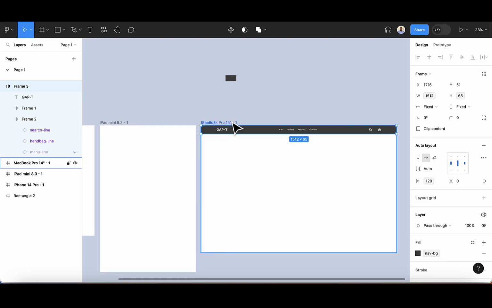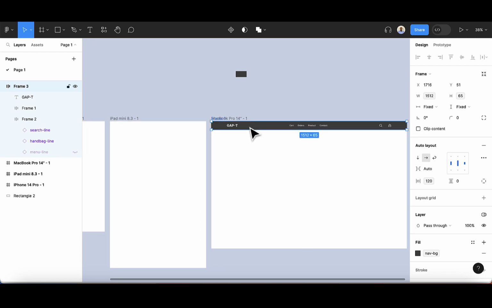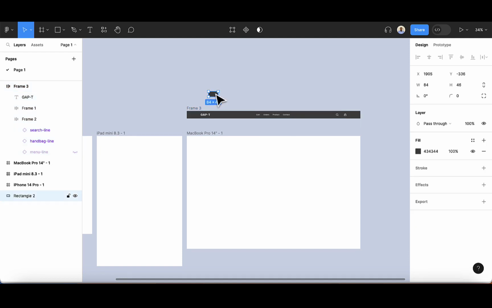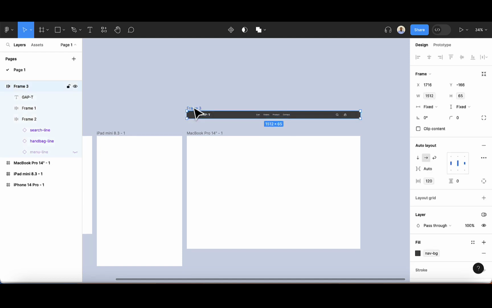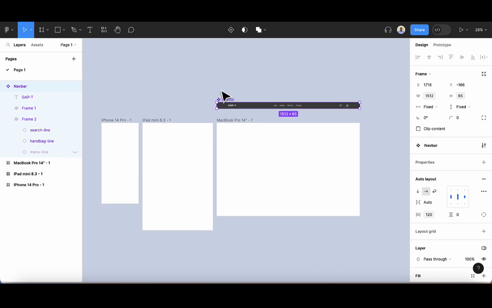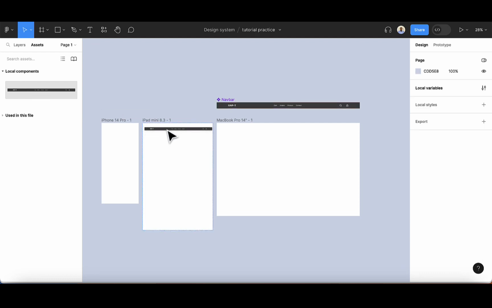This is how it's supposed to look like on the desktop, but we are supposed to apply one last step here. So I'll take this out because we want to use this as a component. Let me take this out. So I'm going to select this and then convert this to a component. So here, this is going to be a navbar. So after doing this, we have our navbar here and we can click on the asset files and we have our navbar. So let's drag this and drop it on the